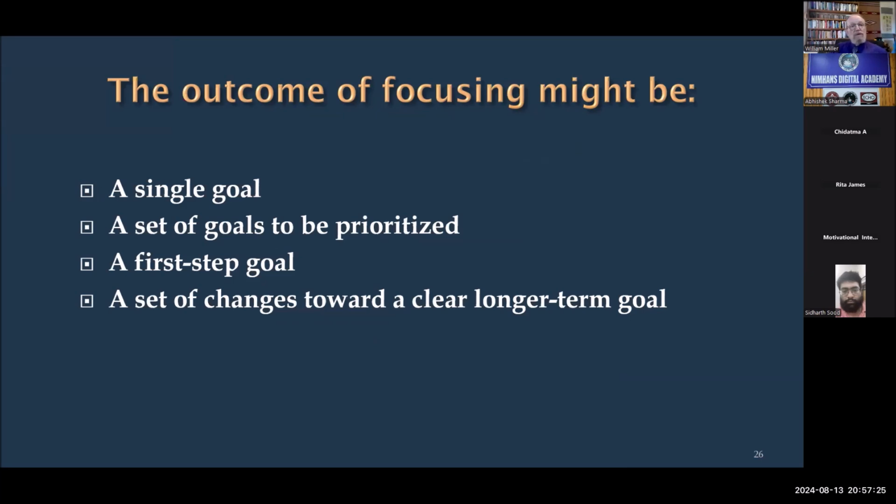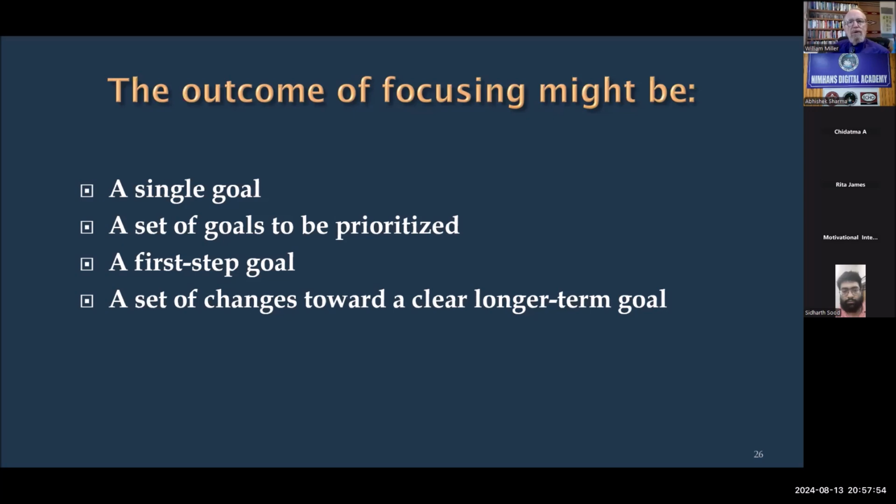It could be a whole set of goals. Yeah, I've got several different things I'd like to work on, and then the task is figuring out which of those is the place to start. Which of these might have priority. A focus could just be a first step. So we're talking about a kind of complex goal that's going to take a while, but what's the next step? And what's the first thing you might try?